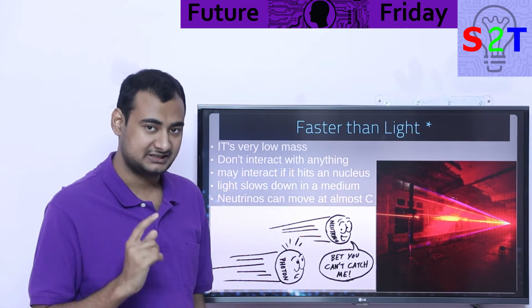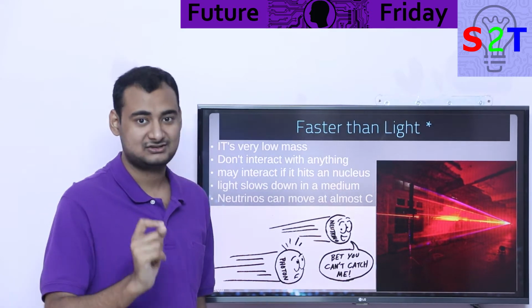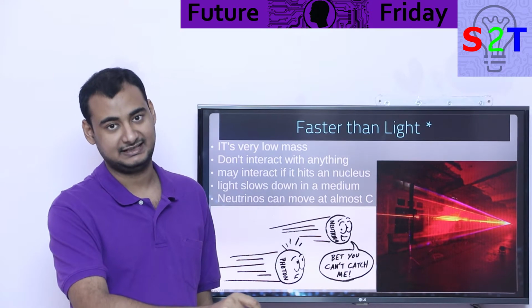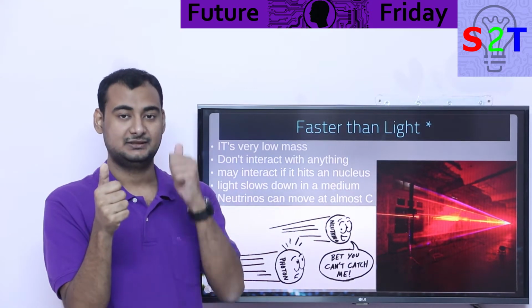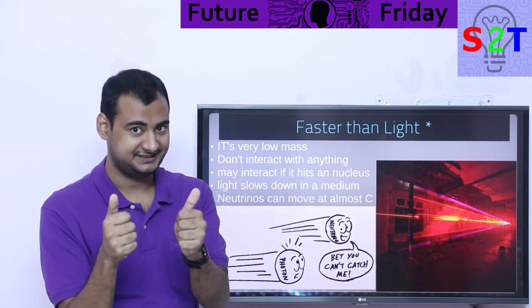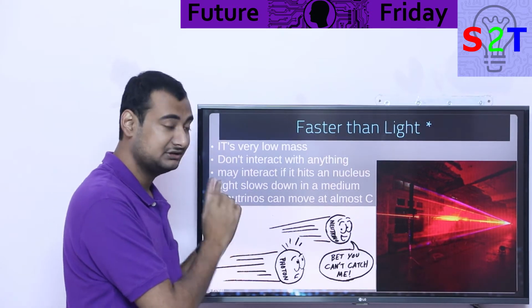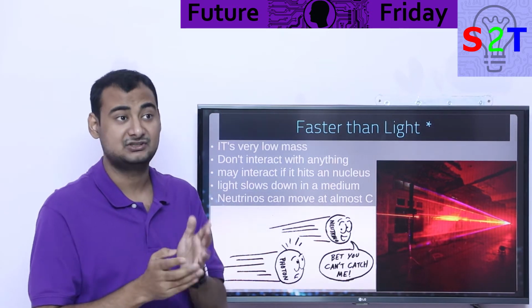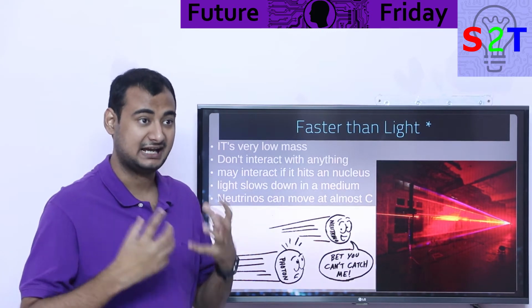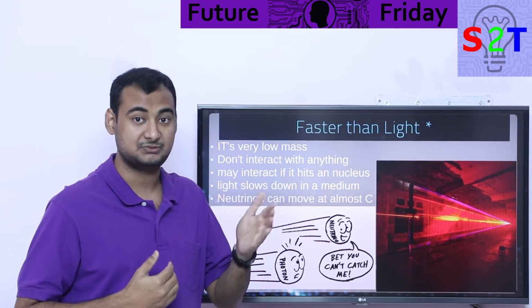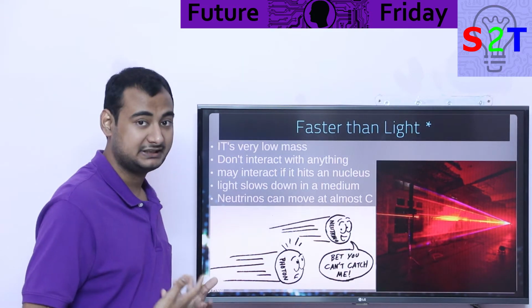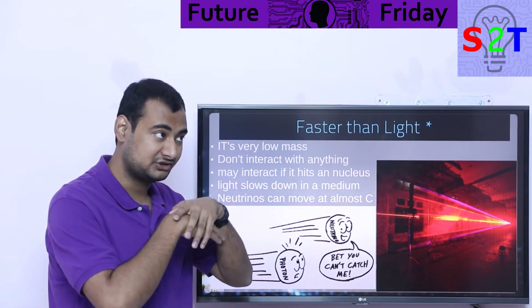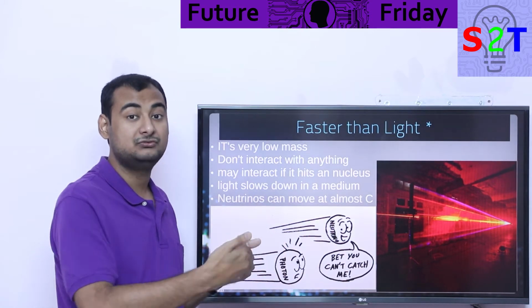So light has slowed down, but here's the deal. Nothing in physics is stopping anything else from traveling faster than that. So think of this. Light would be 0.7 c, but something can travel at 0.9 c. That's what neutrinos do. A neutrino literally travels at almost light speed. Why? Because it's created in a high energy event, so it has the oomph necessary to travel at that speed. It's very lightweight, so it does not require too much out of it. So it can actually maintain it, and because almost everything is transparent to it, it goes through without dumping its energy.